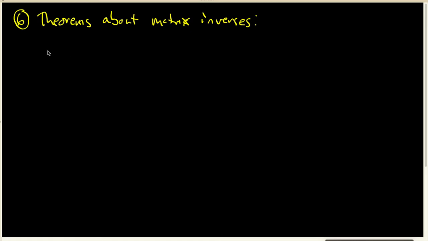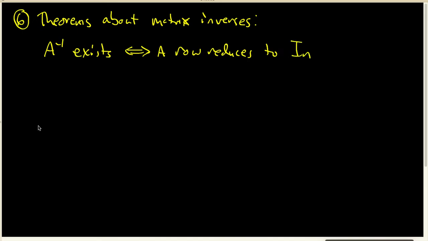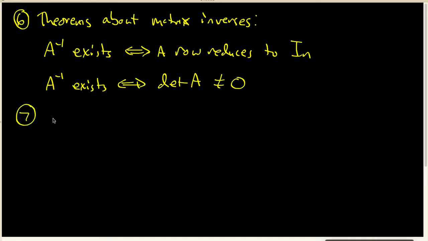The first one says that A inverse exists if and only if A itself row reduces to the identity matrix. The second theorem says A inverse exists if and only if the determinant of A is not equal to 0. Now, it's important to understand that, and I'm going to throw this on as a seventh idea,